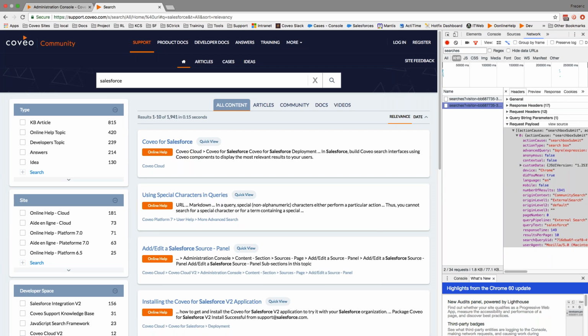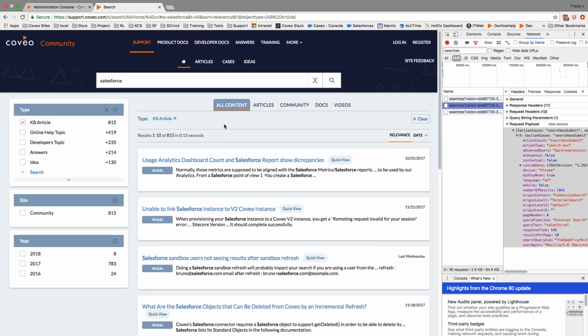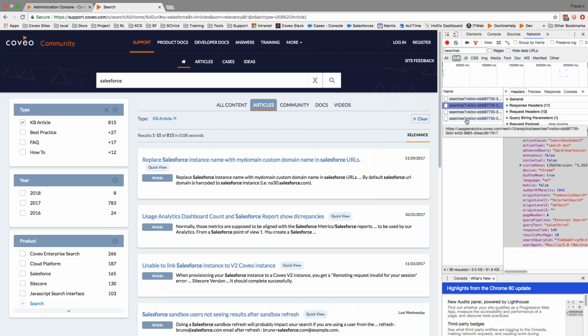Now watch this. If I select any facet, that's also a search. And if I select a tab, that's also a search. You might be wondering why. What's the logic behind it? Well, if you observe